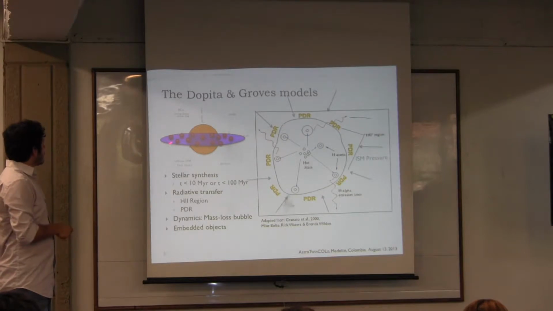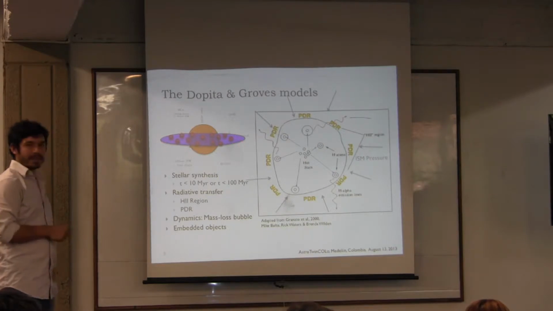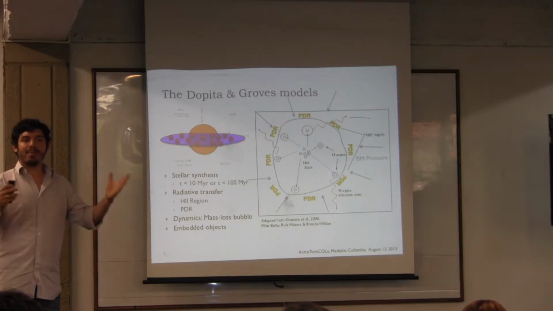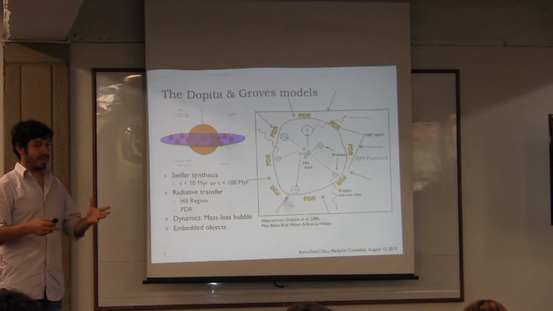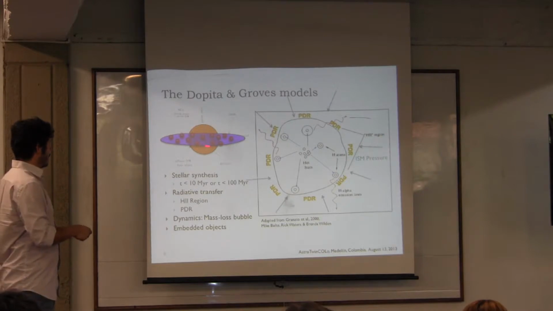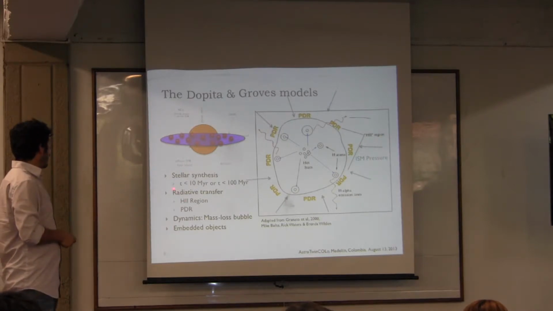But we assume that a galaxy, for example, that forms stars, is a collection of these objects. So this here, the blue point, would be the cluster of stars, and then this would be the H2 region. And you put a lot of them in a galaxy, and by summing up all the emission from these systems, because you're assuming that the flux of the galaxy is dominated by this emission, you construct the total emission from the galaxy.